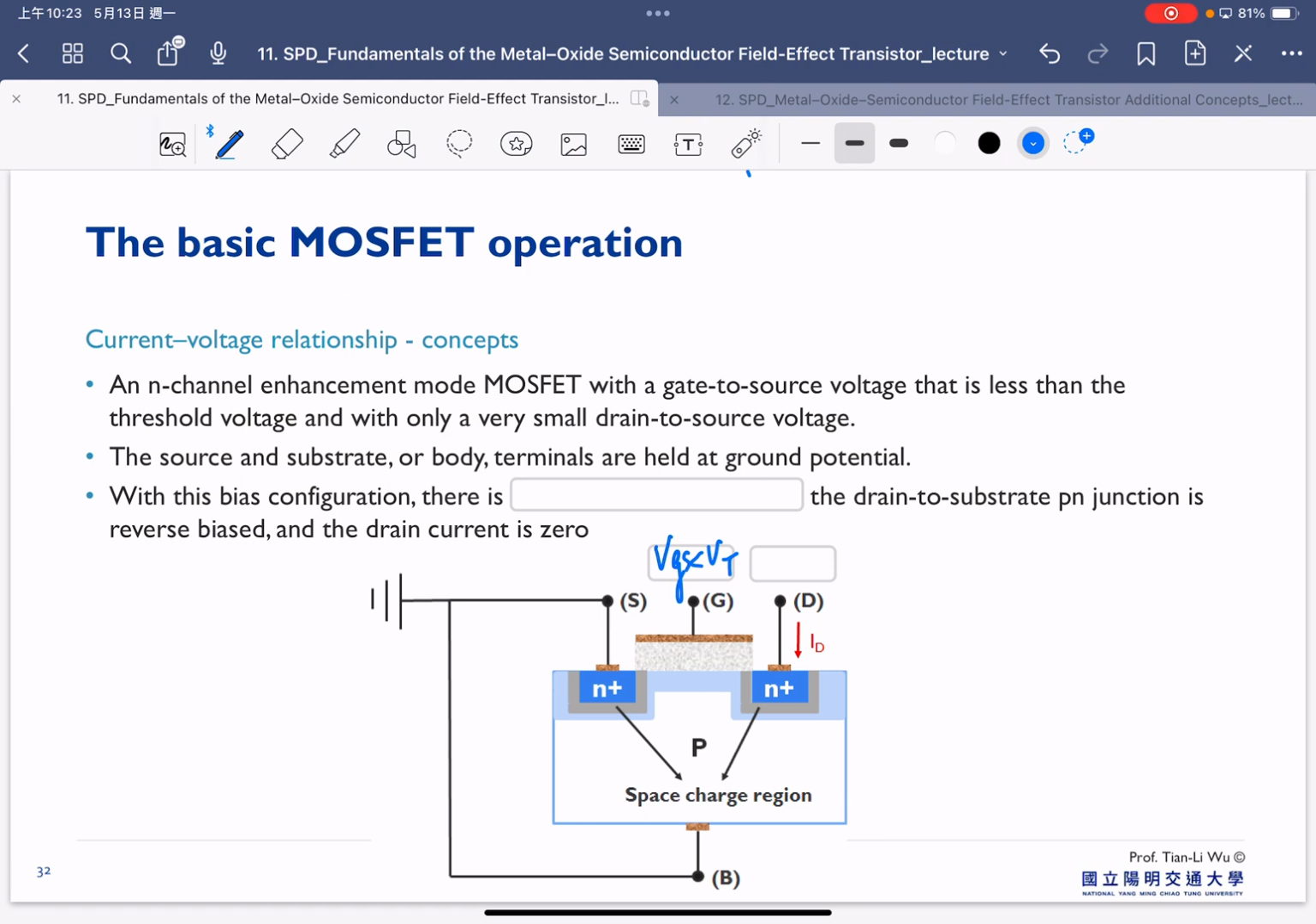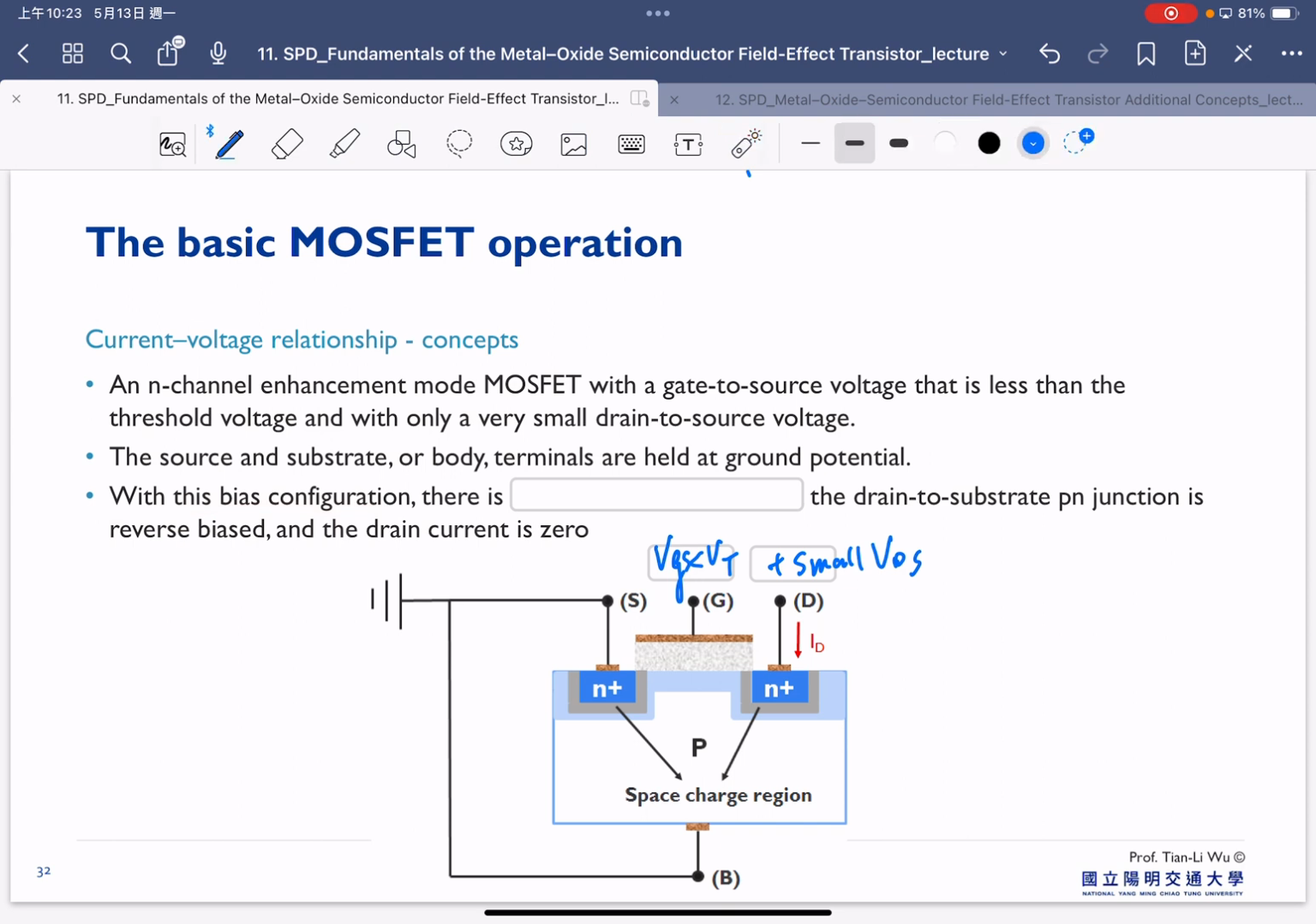Our VGS is smaller than threshold voltage, and right now we consider the case with a very small VDS. This sentence means that we consider VGS smaller than threshold voltage with only a very small VDS, and the source and substrate or body terminal are at the ground potential. So with this bias configuration,